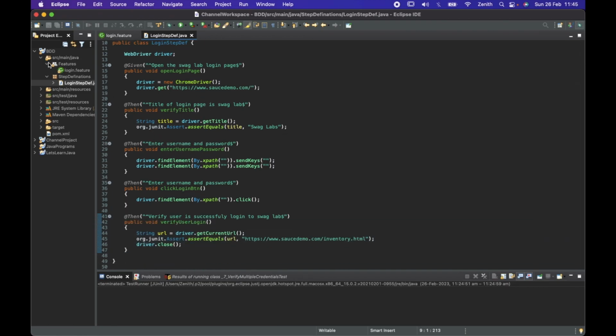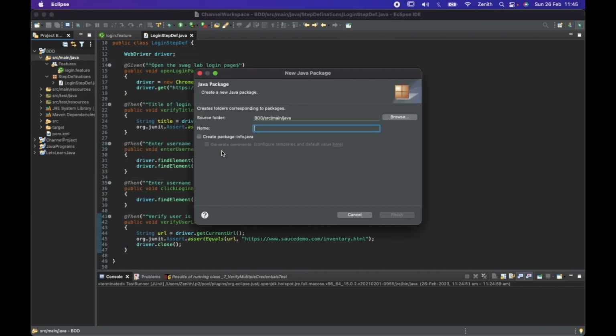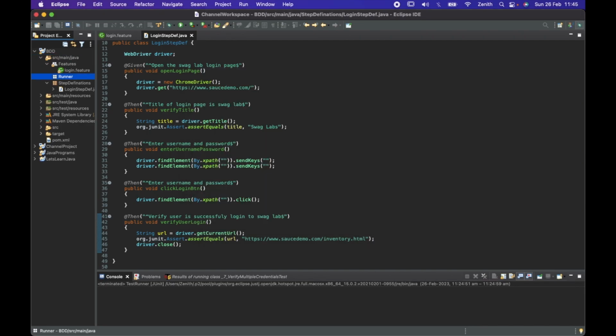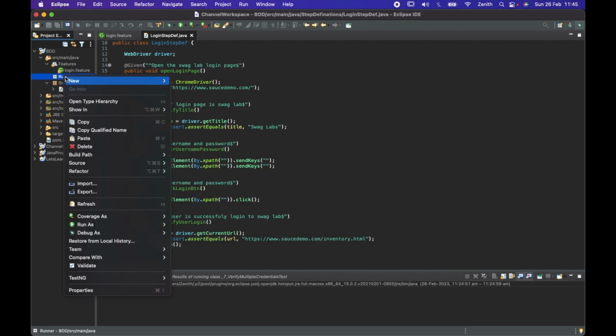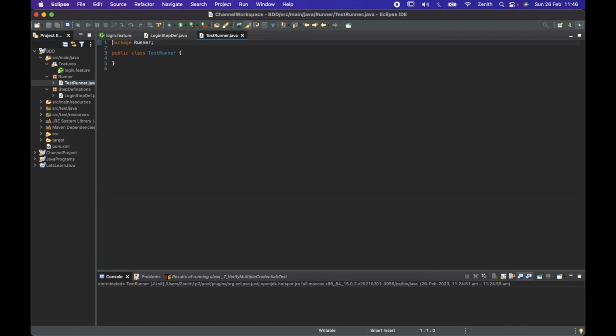And after this, I need to create another package with a name like runner, and here I will create one more class like TestRunner. And in the TestRunner class, we need to make some arrangement by which that code will be run. So for that, we need to write down like @RunWith, and here we'll use